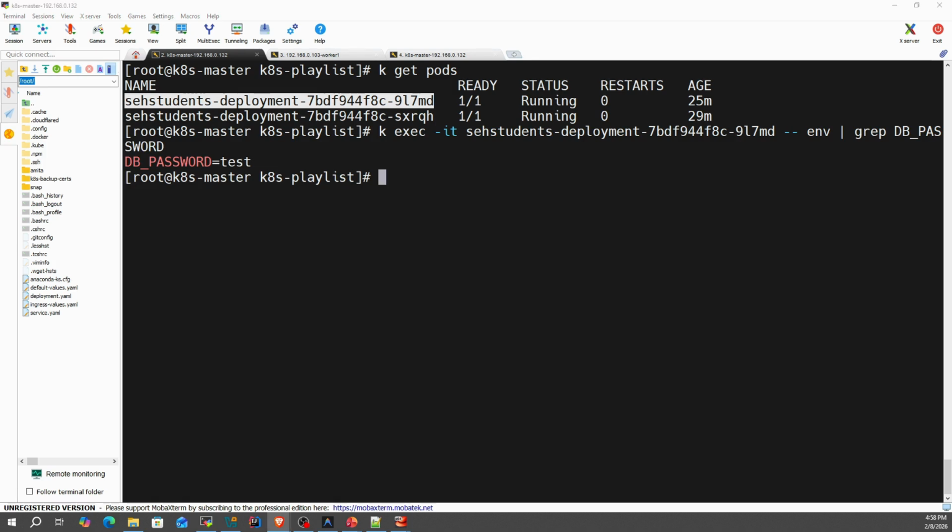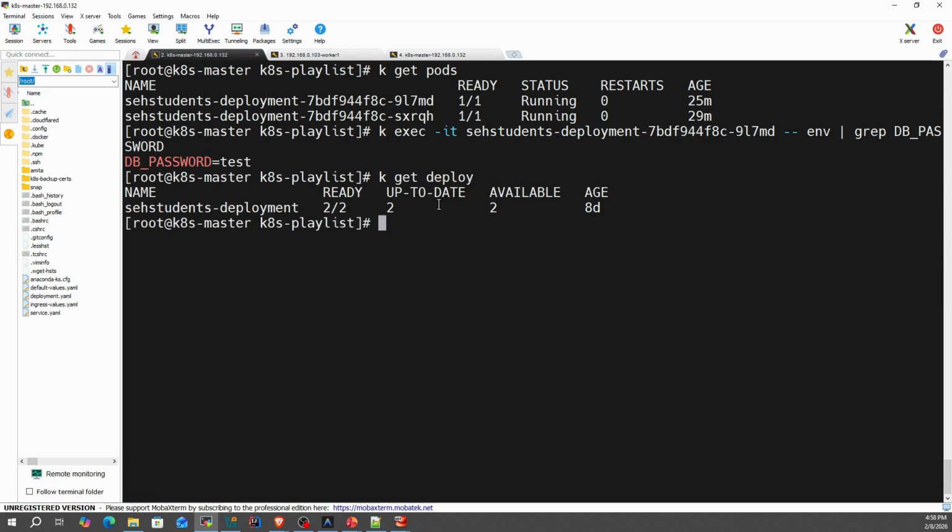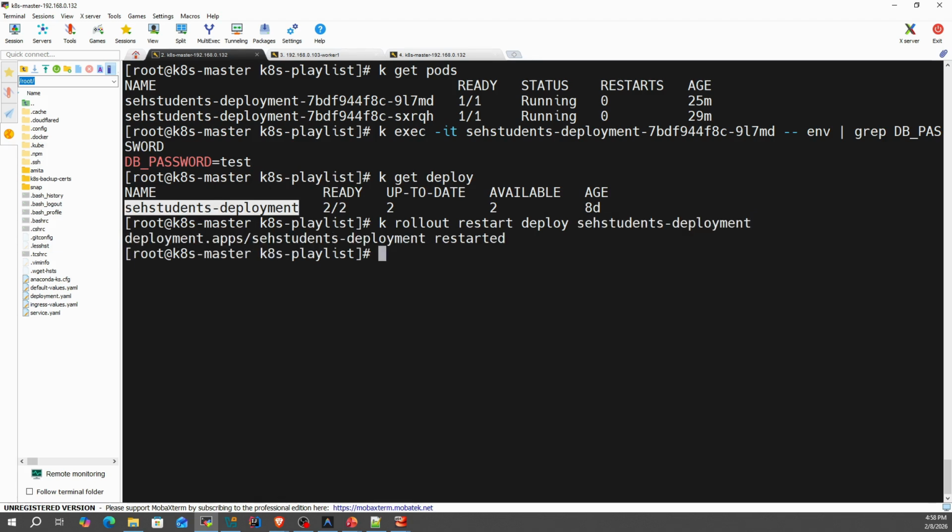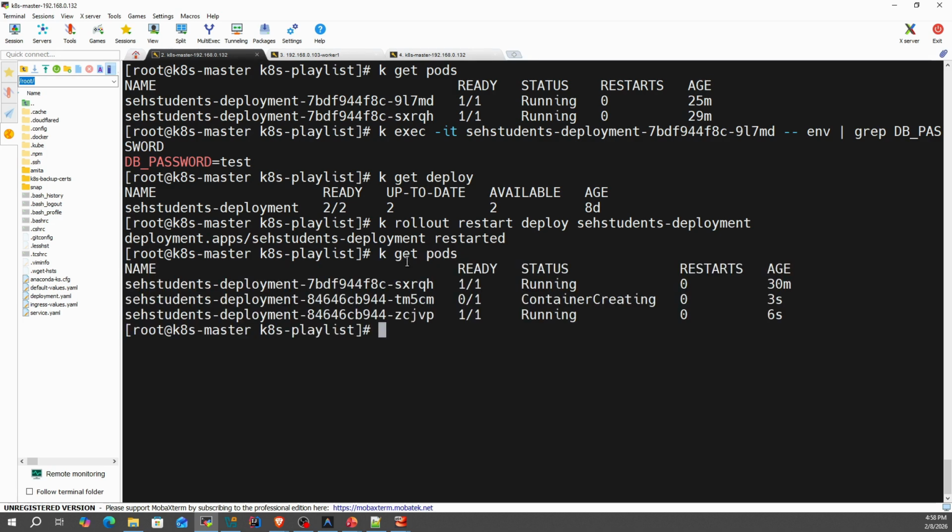Now we restart the pods. For that, do kubectl get deploy and kubectl rollout restart deploy and the deployment name. Now verify the pod status using kubectl get pods.